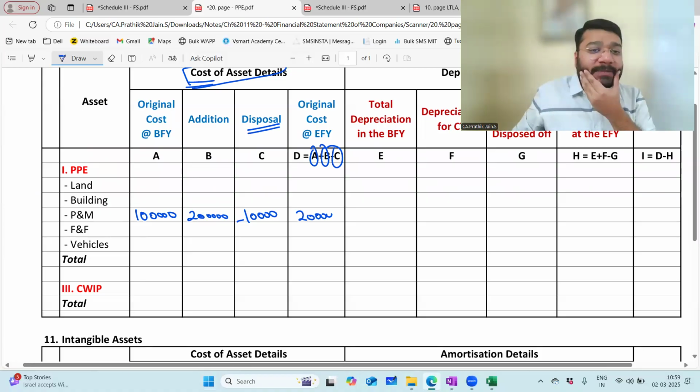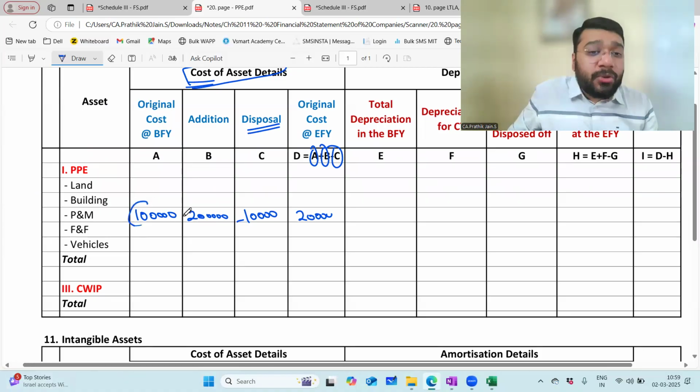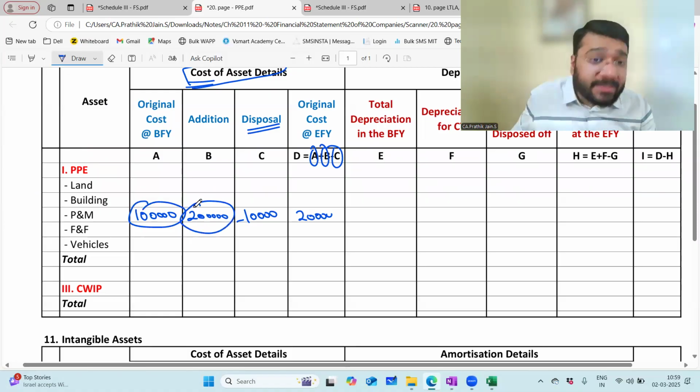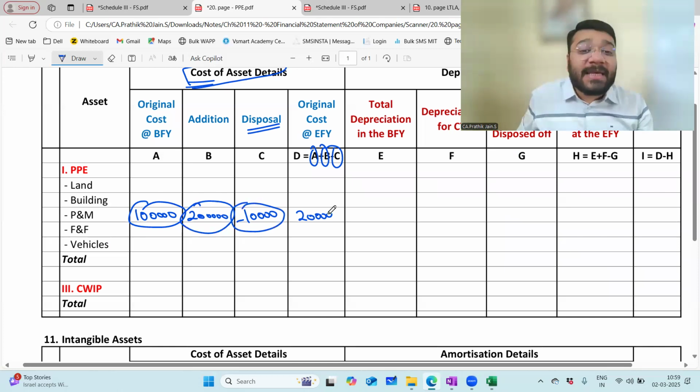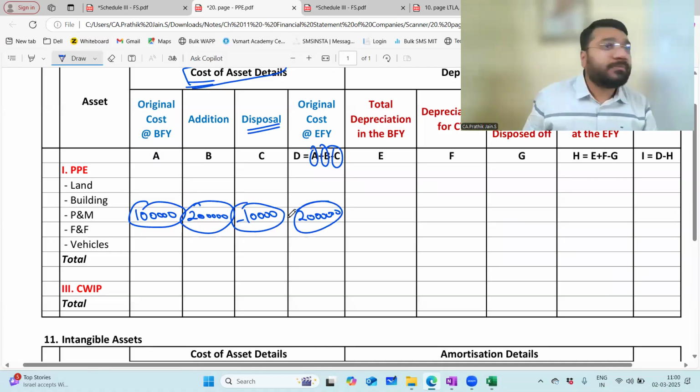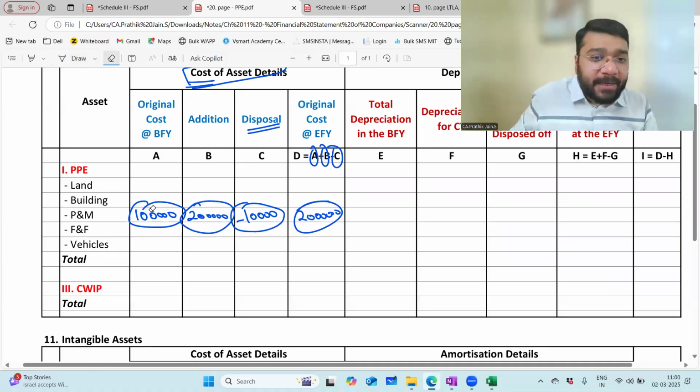I will understand, okay, this plant and machinery was there in the business to the extent of 1 lakh rupees in the beginning of the year. Okay, during the year, 2 lakh worth of asset is purchased. In that 1 lakh worth of asset is being sold. So what is the balance asset? 2 lakh. So a person can understand this in a proper manner. Any problem here? Online people, any problem here so far? No, sir. Now,